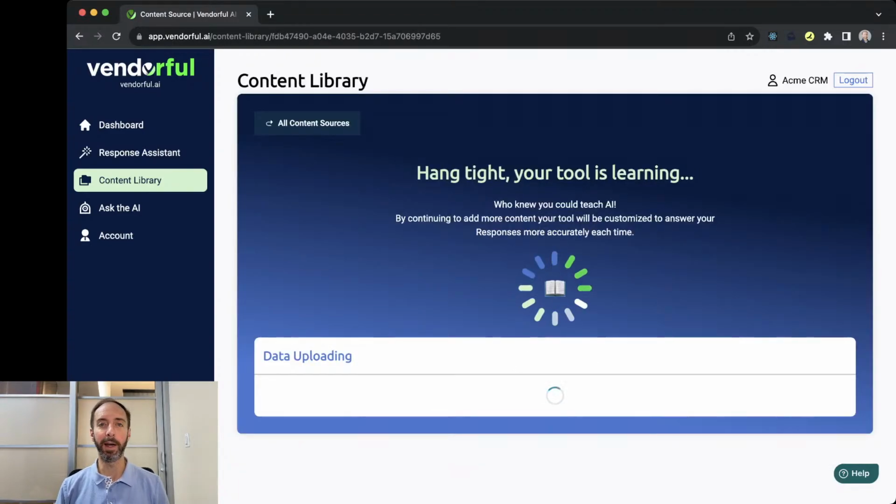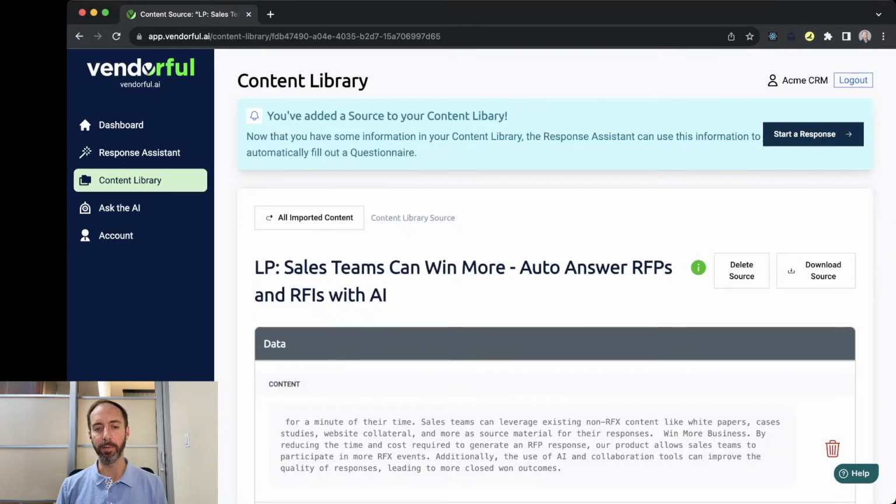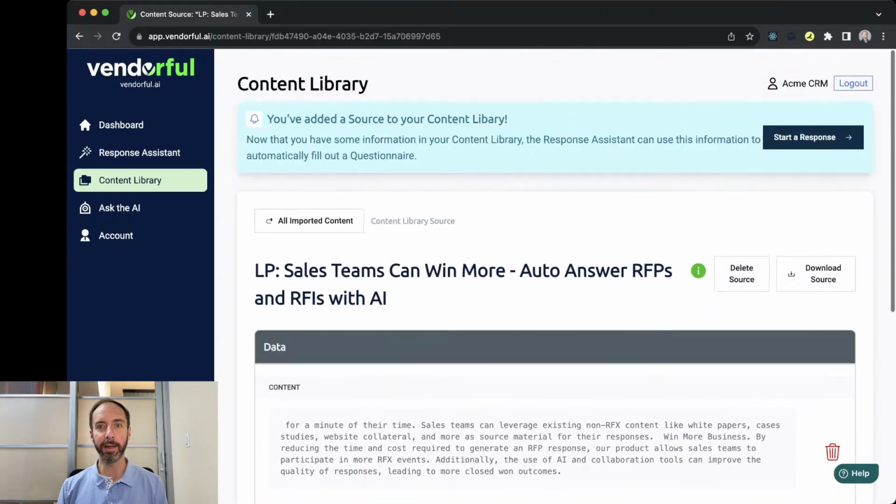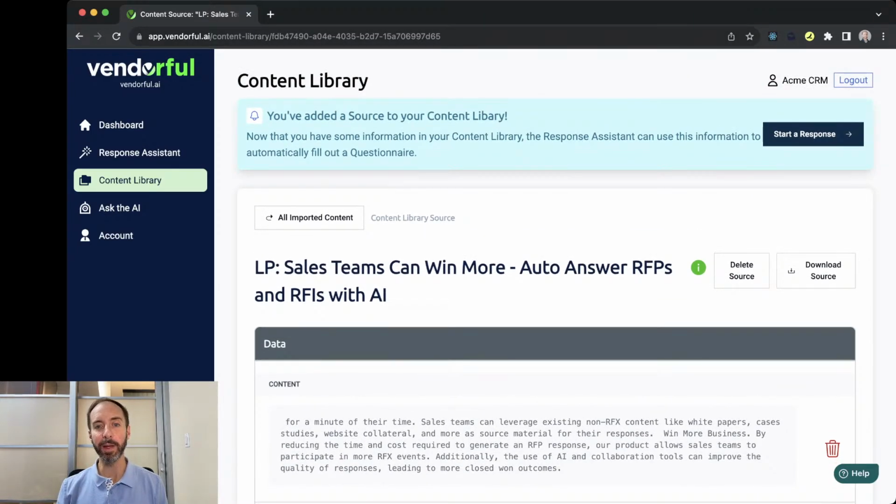I'm going to delete it at the end of this because it's not relevant to Acme CRM. But you see, it just takes a couple seconds. It goes and gets the web page, and just like ingesting a document, we now have the text of that web page. We've parsed out the HTML to clean it up, and all of this information, whether it's marketing information or help information, product documentation,